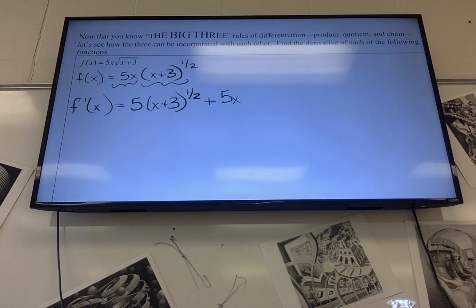Now, when I take the derivative of the second, I'm using the chain rule, because the second is a couple of things, although it's not really going to matter much, but that's okay. So the derivative of (x plus 3) to the 1/2, do the 1/2 part first. So that's times 1/2 times (x plus 3) raised to the negative 1/2. And then you take the derivative of what's inside. That's just 1. So that really didn't change anything. So that's a matter of simplifying. So I have 5 times (x plus 3) to the 1/2